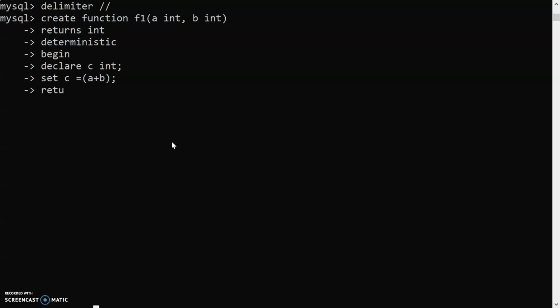Now here we have to return the value, so RETURN C and then end of the function. Here the function is created. Just try to understand the difference between this RETURNS and this RETURN. Here we are using the keyword RETURNS, so it returns integer, and here the actual value of C will be written.